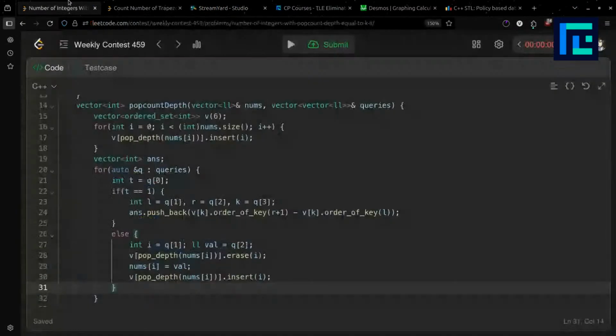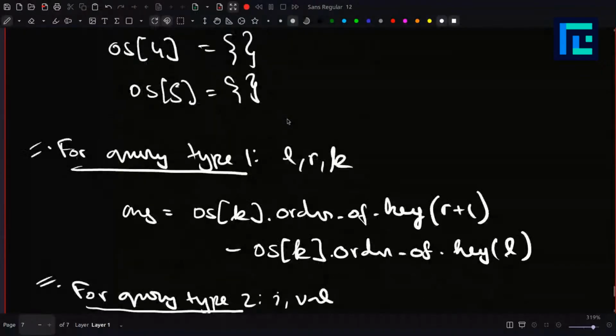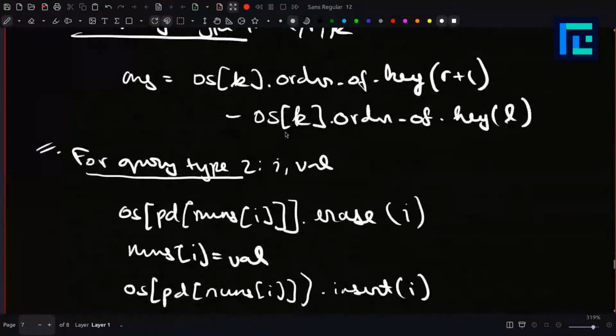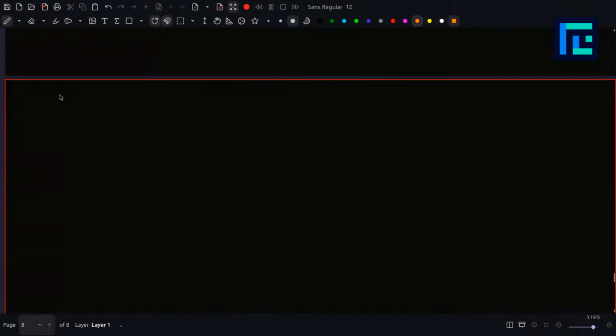Yeah, so segment tree also you can do it. How to do it with a segment tree? So this was the ordered set approach. Let's discuss the second approach with segment tree. Similarly, segment tree and Fenwick tree approach will be exactly the same, right? Fenwick tree means binary index tree, BIT. So second approach,